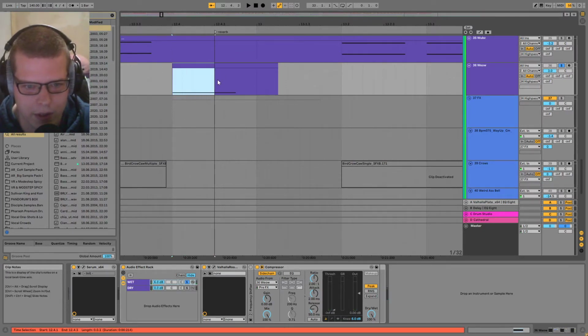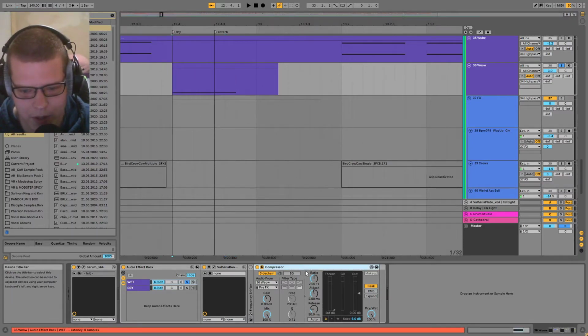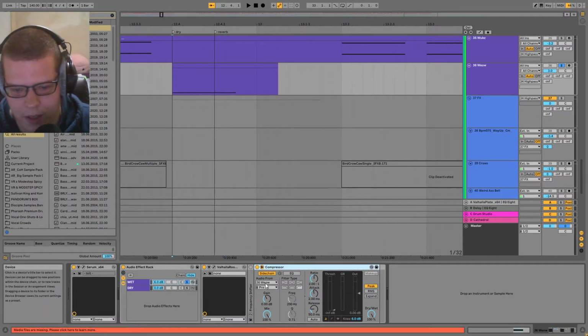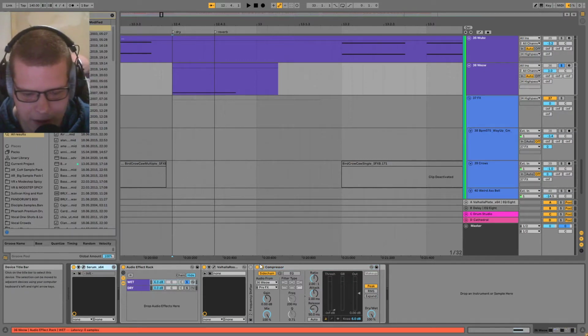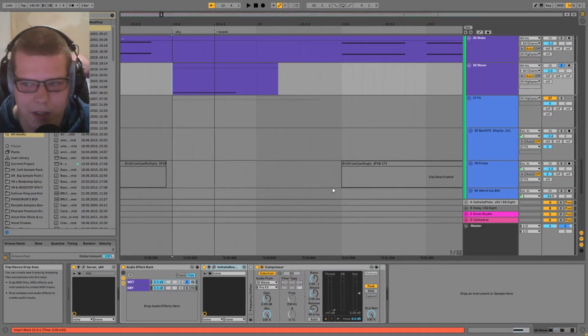So the sound is completely dry for this duration. And then the reverb starts coming in around here. And that's because we've got sidechain compression, sidechained from the original sound, and the sidechain compression is pushing down the reverb until the original sound stops playing.